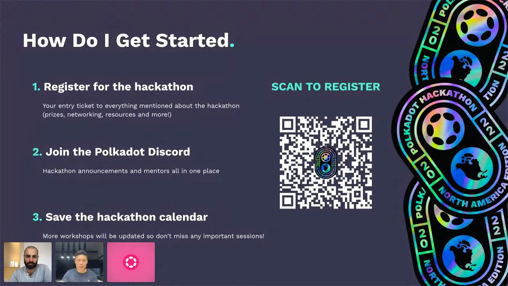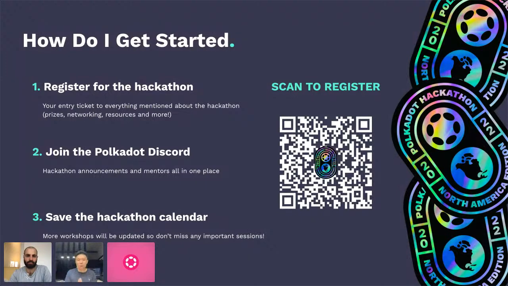Anything from who your mentors are, a mentor booking form to secure your slots with the mentors who have availed their time, all the way to documentation on the Polkadot Kusama ecosystem and Substrate itself, and any other information about the hackathon, including submission criteria and artifacts, will be up there as well.